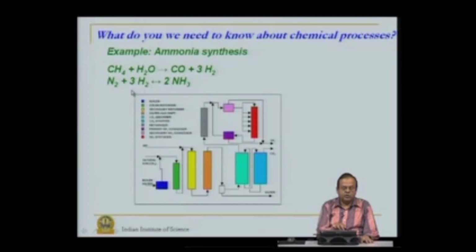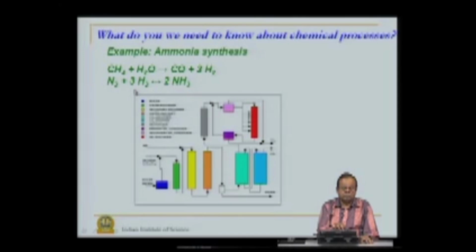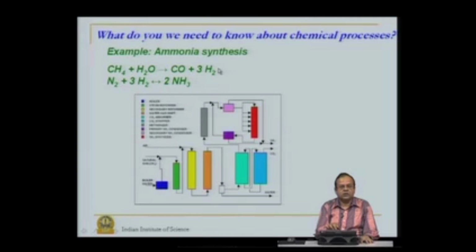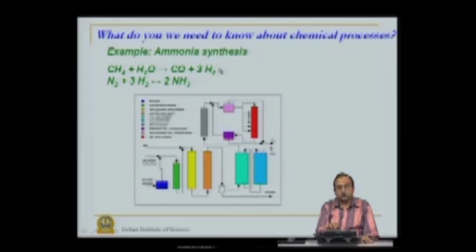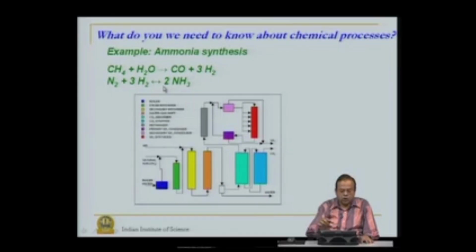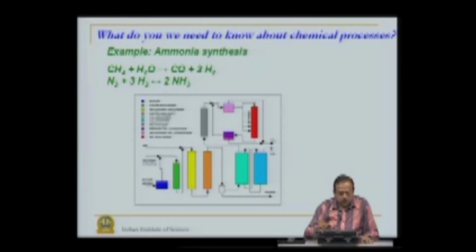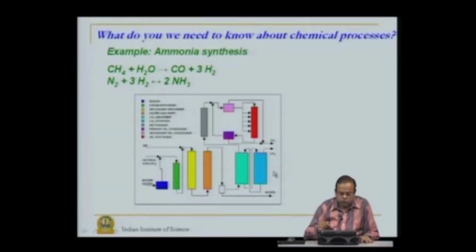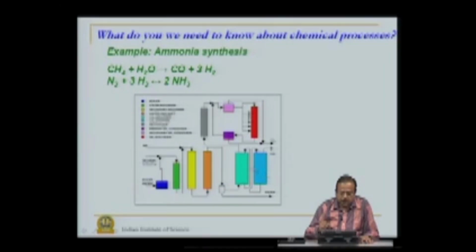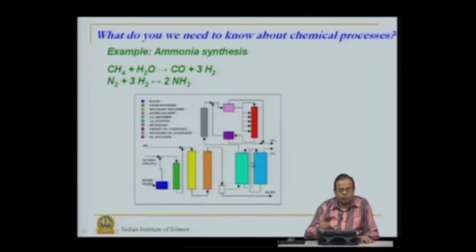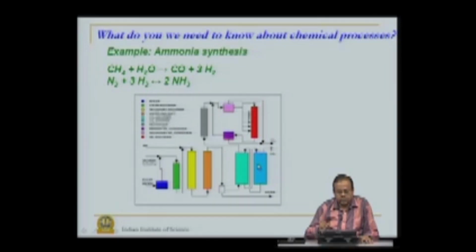So, hydrogen which is to be used for ammonia synthesis is to be generated in situ, because you can't generate gas in one place and transport it, it is not easy to transport gas. So, this reaction has to occur simultaneously. So, what we see now is actually apart from main reactors, you see all these other reactors that are involved in making of hydrogen, for example. The problem doesn't end here.